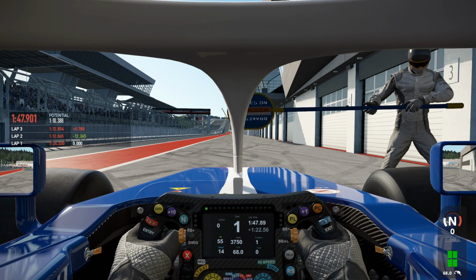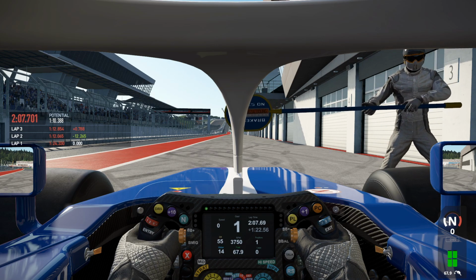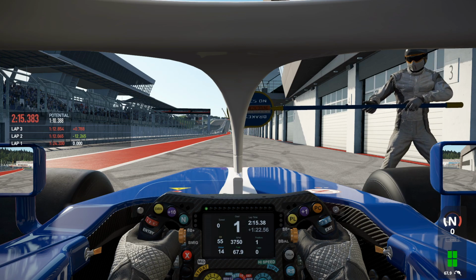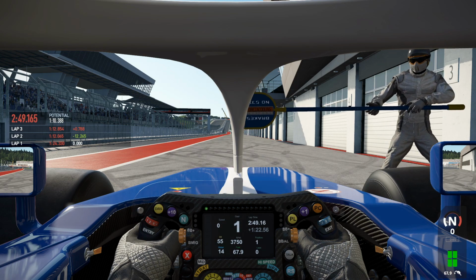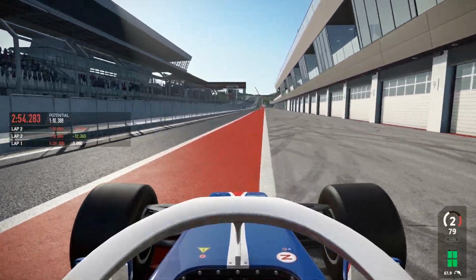So we have to stop once again. Waiting for the mechanics to do their repair work. And the lollipop man is checking out the tires and other things that are maybe not right yet. It seems to be severe damage, at least damage that costs a lot of time to get repaired, but now we have been released again,